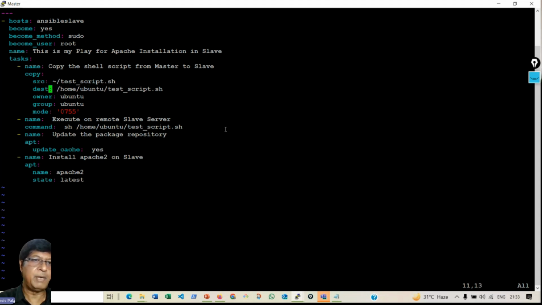And in the destination, I'm mentioning the absolute path because in the destination, I do not know whether Ubuntu is logged in or some other user. But I would like to say copy this file from the master to the slave into this folder with the same name. And I'm making the owner of this file Ubuntu, group Ubuntu, and I'm making a permission mode